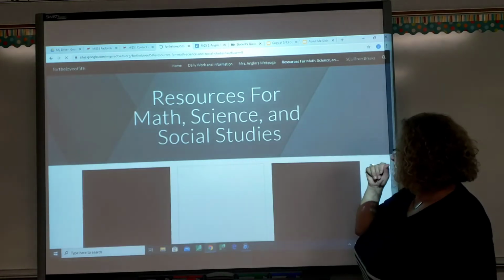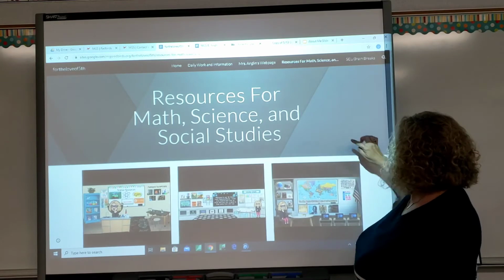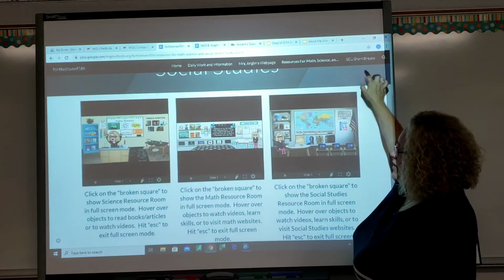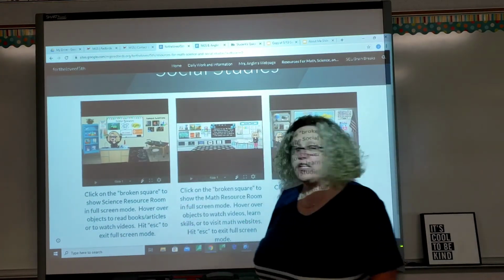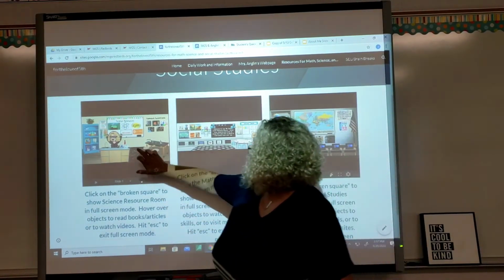So for example, since I have you for math, science, and social studies, I've got 3 different windows with information for each of those subjects. This one is a science room where it is full of science information. So if we click on it,